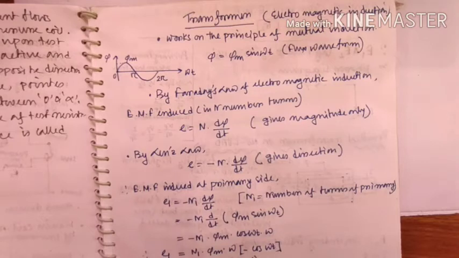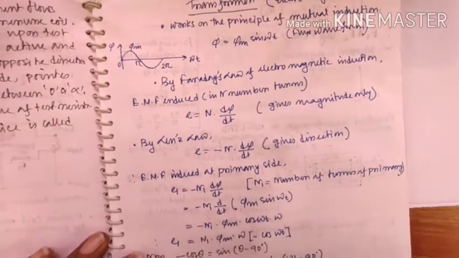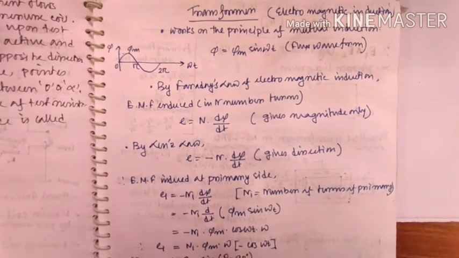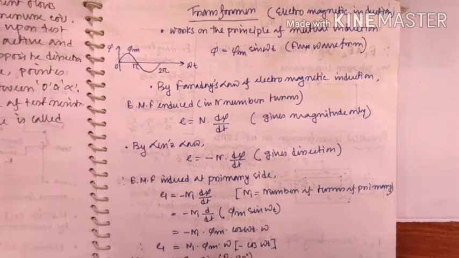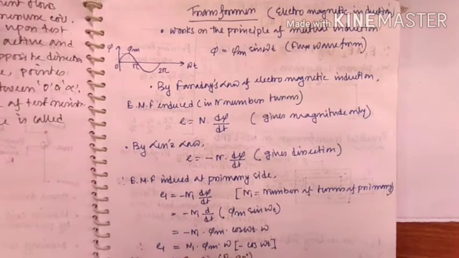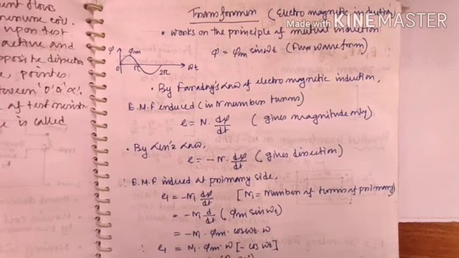Our target is to understand the working of a transformer in a way that we can explain it with the help of a phasor diagram. And this whole topic will be important when we discuss the current transformer and the potential transformer. The basic need of this video is to explain the fundamental knowledge of the transformer that will be beneficial for explaining the current transformer and potential transformer for the measurement of high amounts of current and voltages. So let's get into the topic directly.